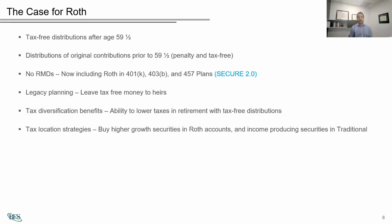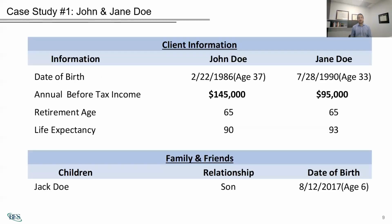Great. So on the first case study, to help demonstrate some of these benefits, we're going to talk about two couples here, starting with John and Jane. They're in their 30s, and they have a combined income of about $240,000. They're planning to retire at around the age of 65. And based on our software and the statistics that we see, we expect them to live into their 90s. They also have a son who's 6 years old, so they're saving money for their kid's college tuition as well. So as we can see on the next slide,